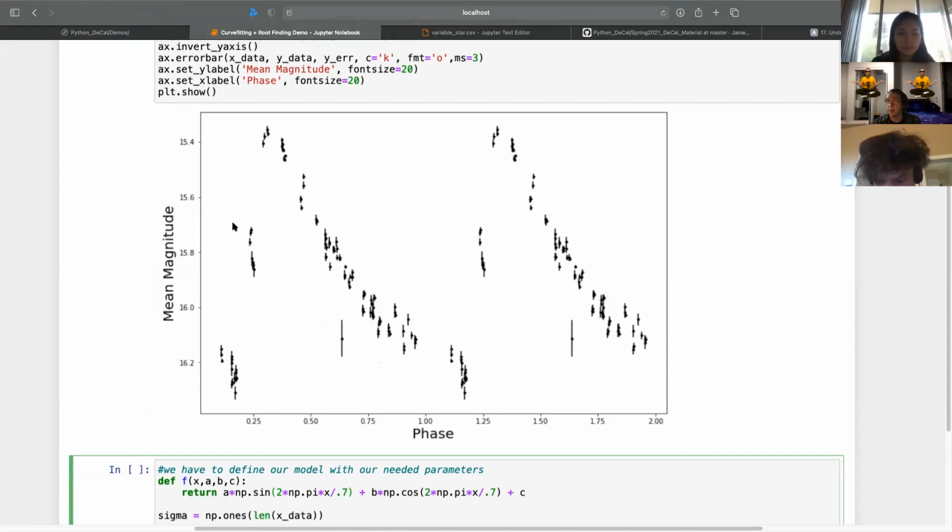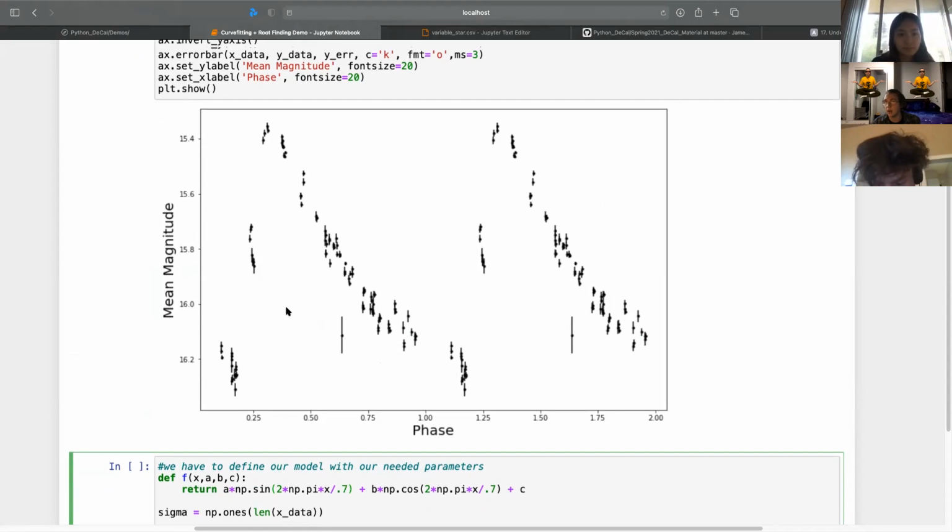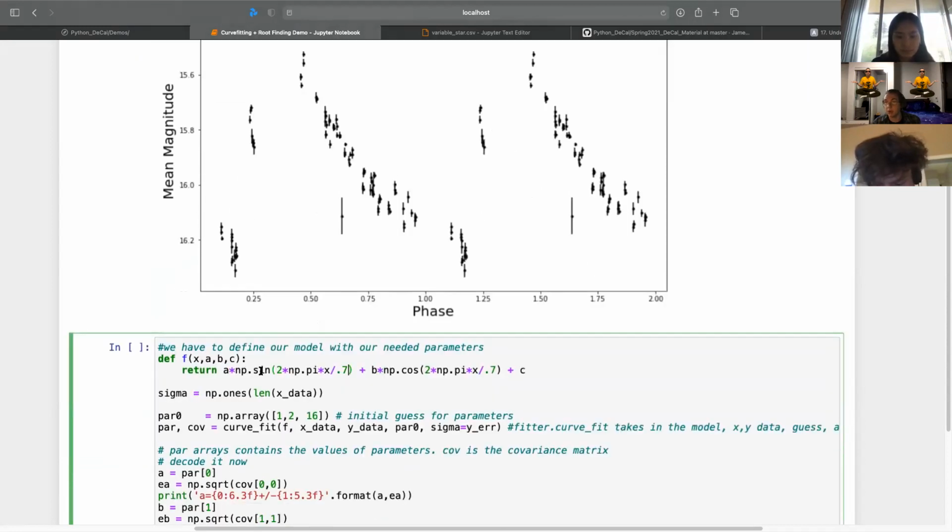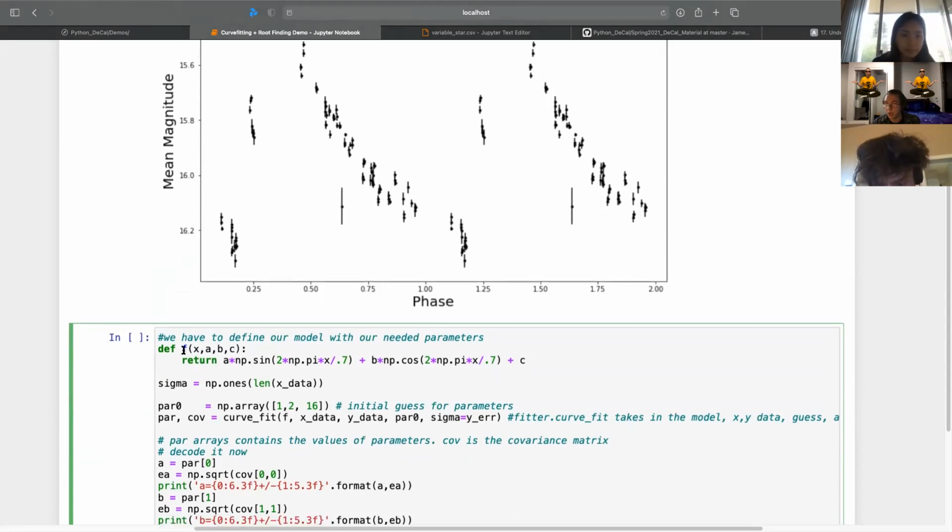So I'm going to fit a bunch of sines and cosines to it and see what I can do. I'm going to start off though with just a sine and a cosine and another constant. Notice we're going to make our model. I call it f of x. It doesn't matter, I could have called it model. X is the independent variable going into our function, but A, B, and C are all free parameters that can change based off of the curve fitting function.